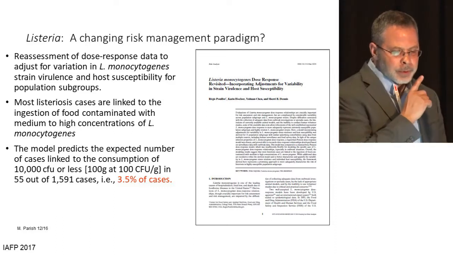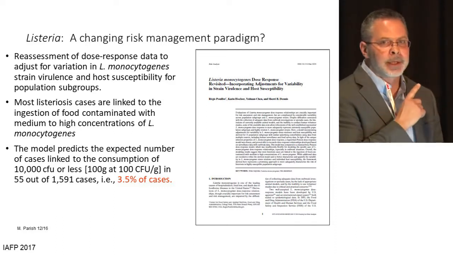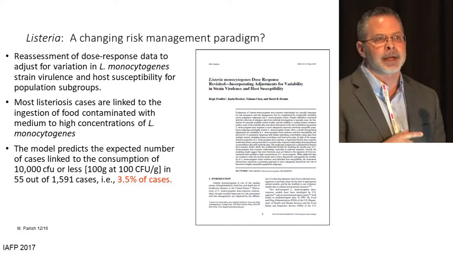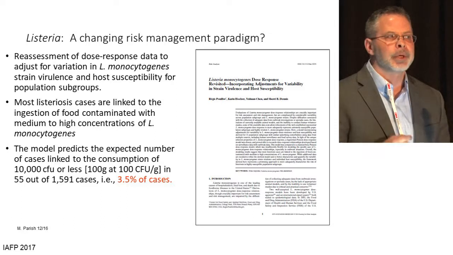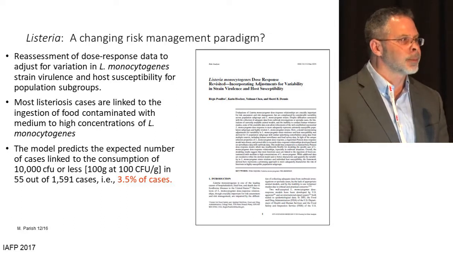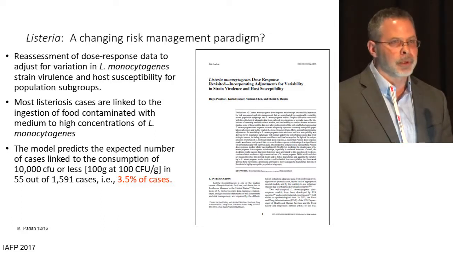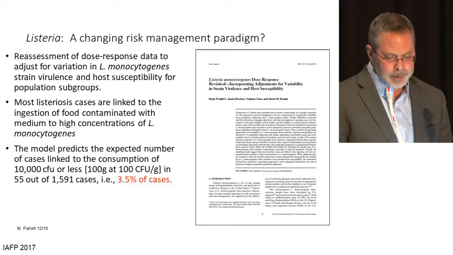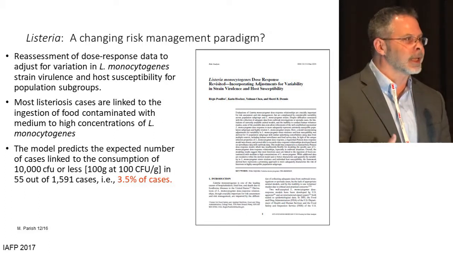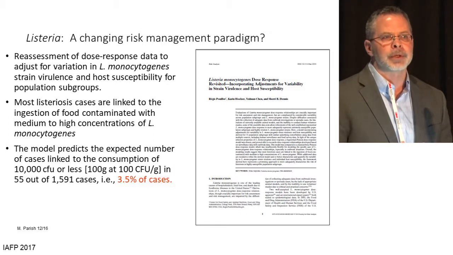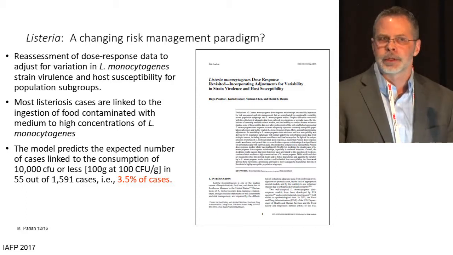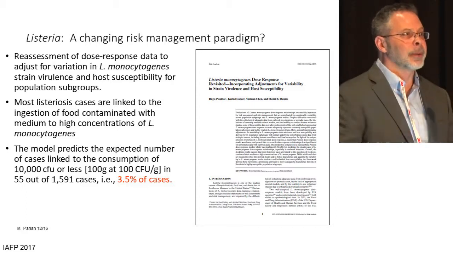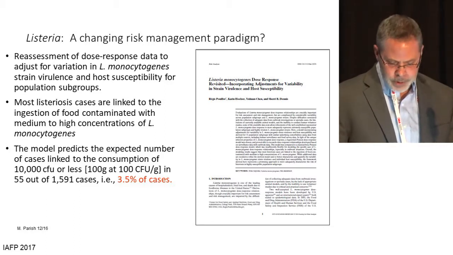And I'm going to direct you really to the bottom: the conclusion predicted that there were a low percentage of cases, but still a percentage of cases, that they would attribute to levels below 100 CFU per gram, or 100 CFU in the product, 10,000 CFU in the product. And this really, in the minds of some on the regulatory side, has called into question whether or not 100 CFU is an appropriate standard. And I ask as a risk manager, if it's not 100, maybe it's not 0, maybe it's something else, but what is that? How do we determine what that is?